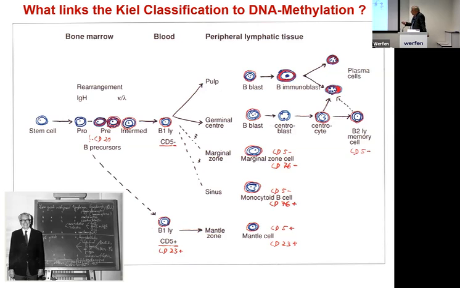That's a hand drawing of Karl Lennert, and that's a hand drawing in which he proposed his classification. I would say this is still essentially right. We have learned additional things, and I would like to come back to this once in between and show you how we can integrate DNA methylation into this scheme too.